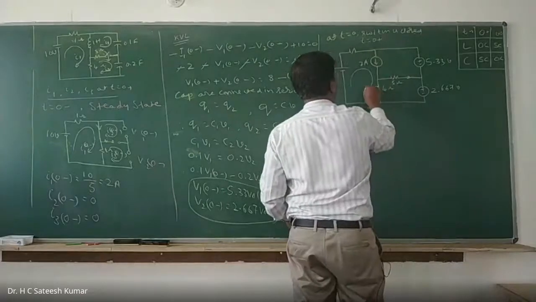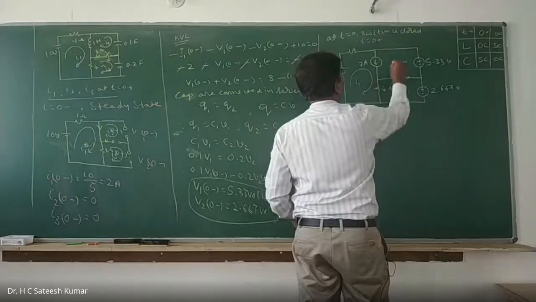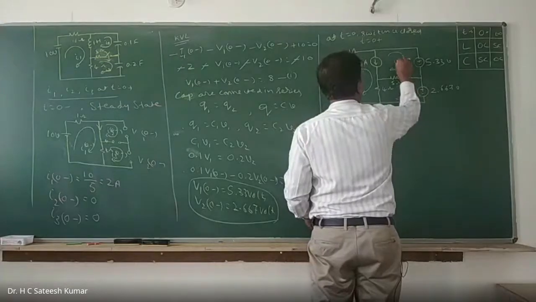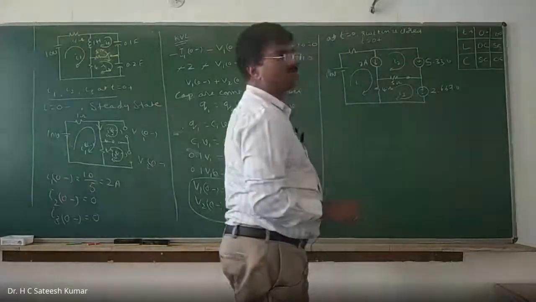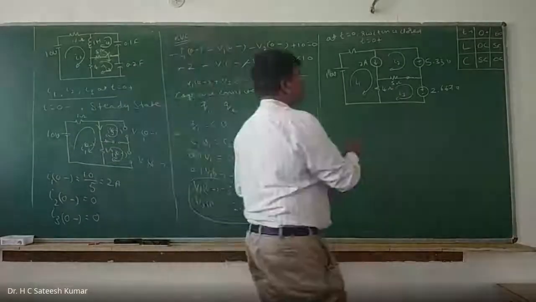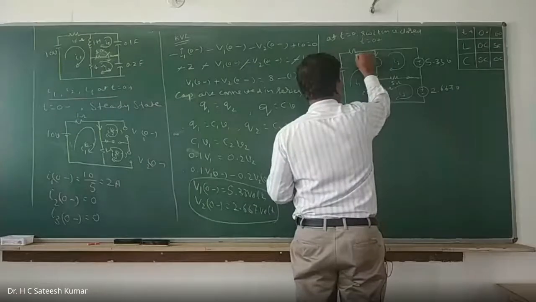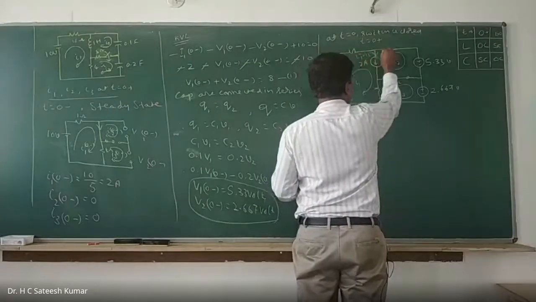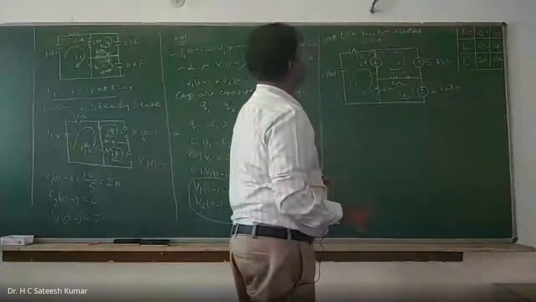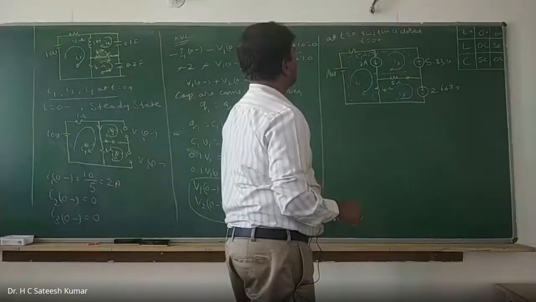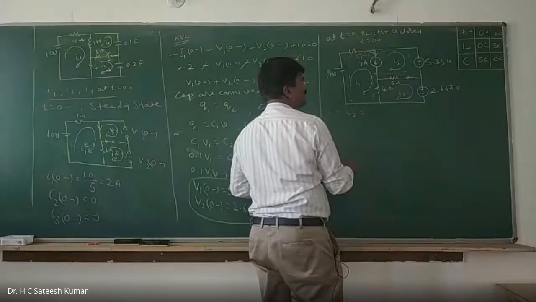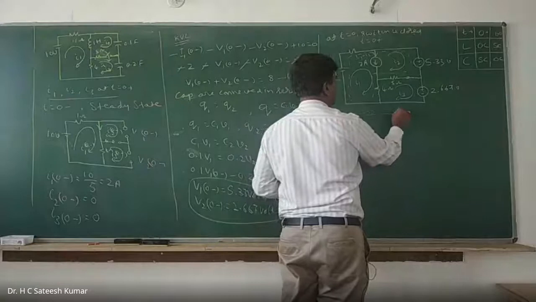This current I'll call I1 at 0 plus. This current I'll call I2 at 0 plus. This I'll call I3. Now apply KVL and find out. So what should you do? A super mesh will be there. This current is nothing but I1 minus I2. It becomes a super mesh, just like in the first module. So for the super mesh, I1 minus I2 is equal to 2. Call this equation number 1.